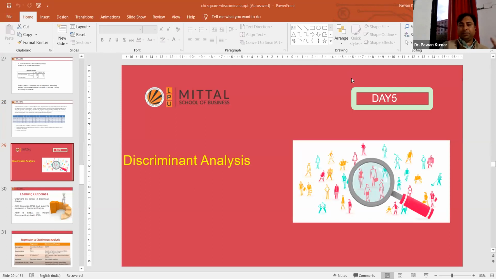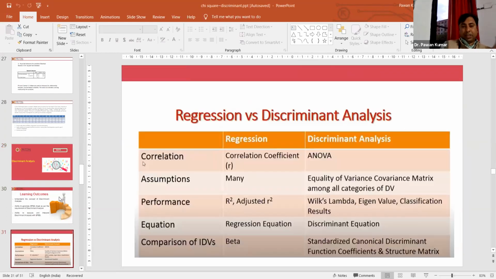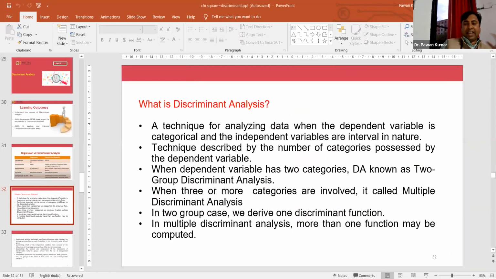Right. So we are going to cover discriminant analysis. It is basically a very robust technique for analyzing data when your dependent variable is categorical. Please, if we reverse the characteristics of one way ANOVA,